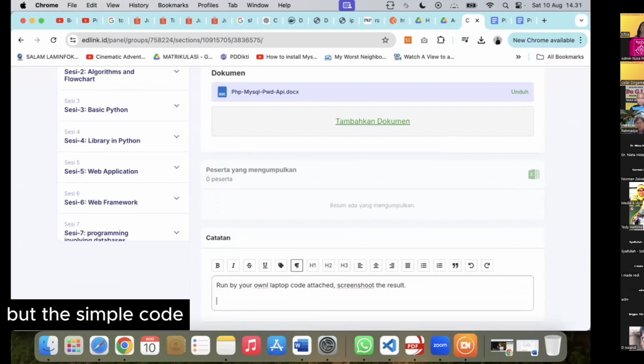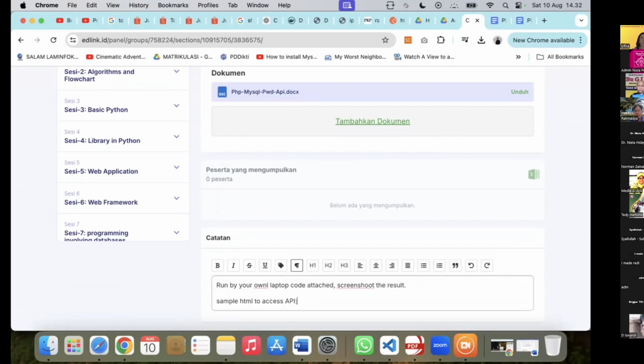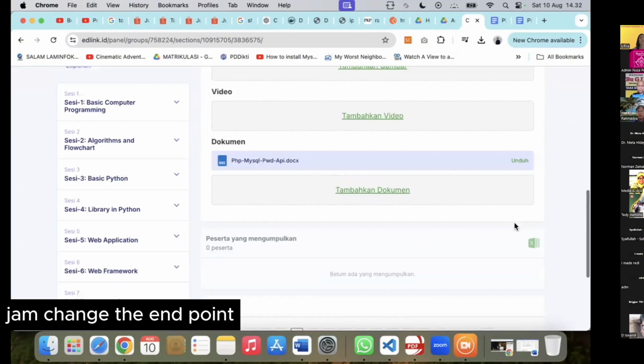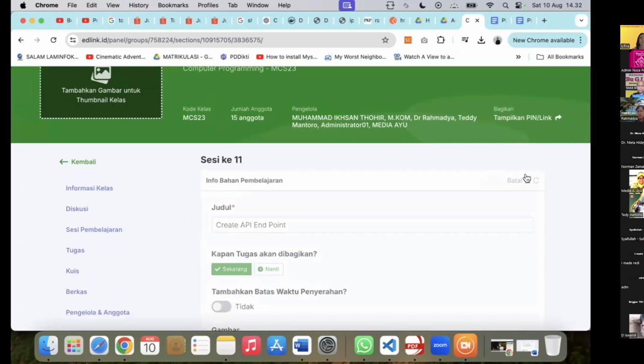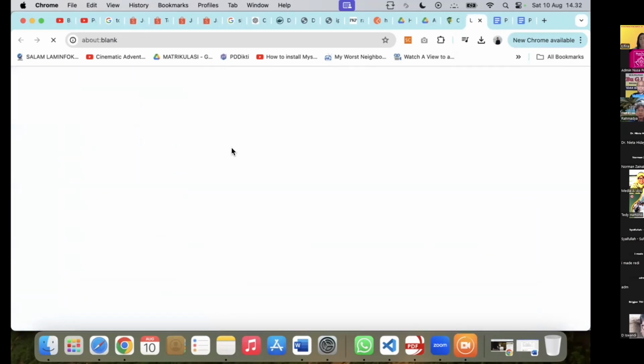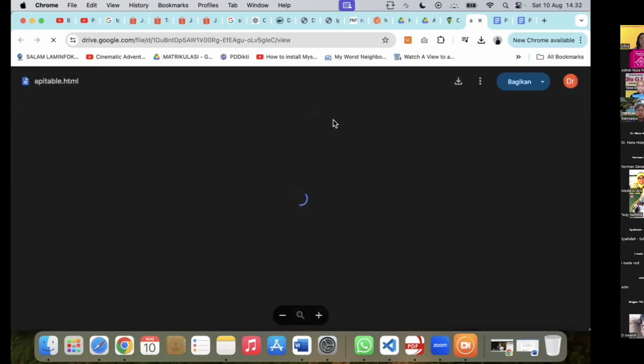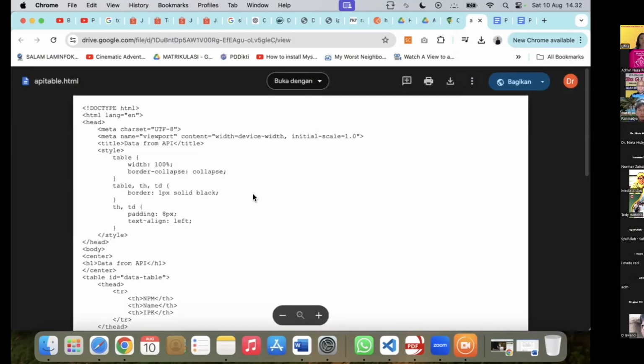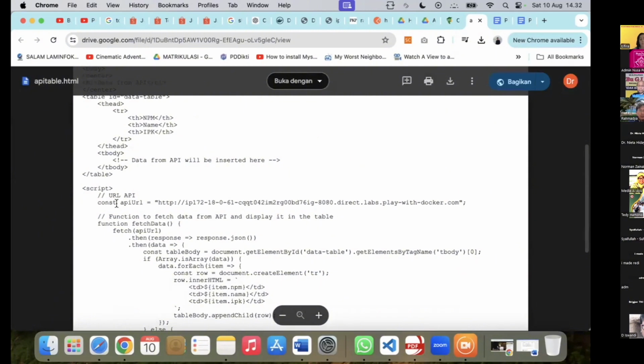But the sample code, you have to change the endpoint. Sample access API.